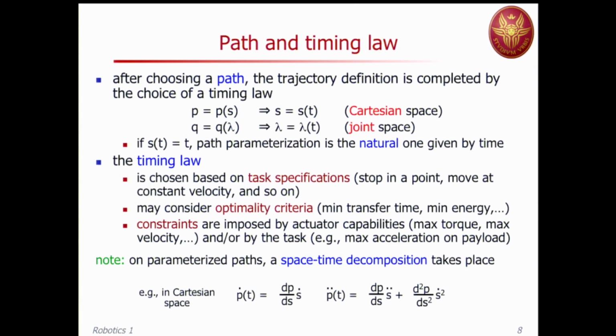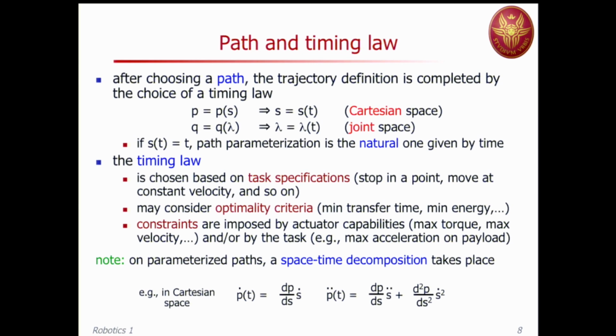So again, what kind of path, no matter if you're in the joint space or in the Cartesian space, you have multiple decisions: linear path in the Cartesian or in the joint space, or a circular, or some polynomial, or some exponential function of s, and so on. And then you have the timing law. Now, about the timing law,